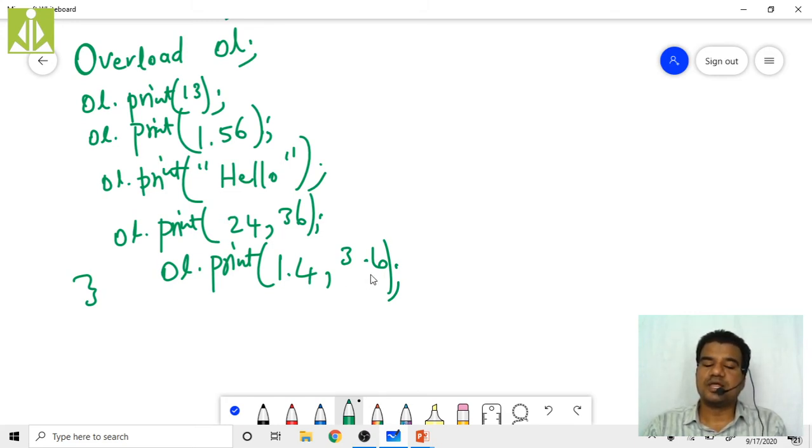No, it is not going to print the result as 5. It is going to give an error over here: no suitable definition found. That error type is no suitable definition found for this one, because print with two arguments needs both arguments to be integers. If you take both arguments as double, or one as integer and one as double, then your compiler gets confused again, and it will simply raise the error stating that no suitable definition found for this function call.